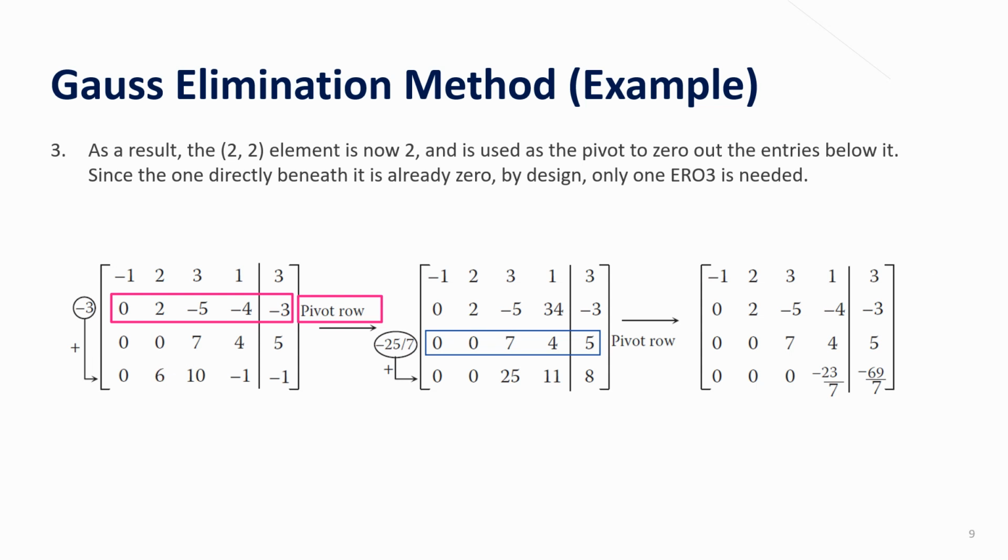Everything here, make it become 0. As you can see, the values in the second and in the third row are already 0, so you don't need to operate on those anymore. However, for the last one here, we got it not yet 0. So in order to get rid of that,